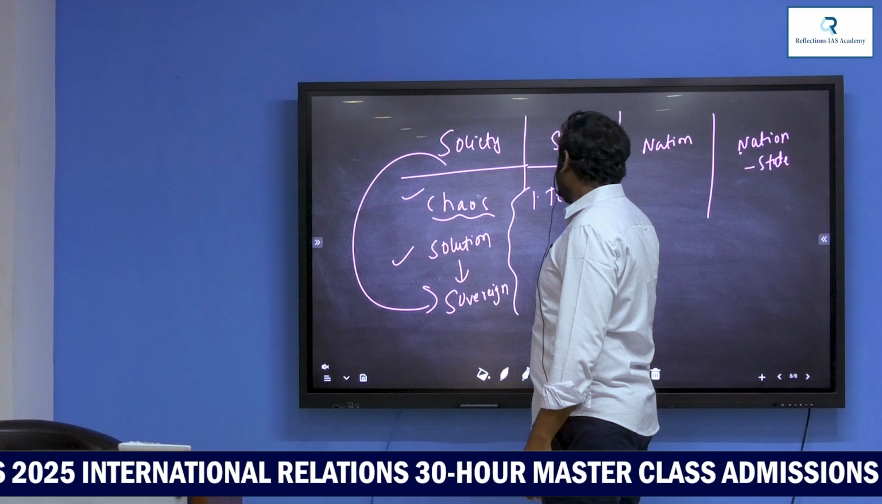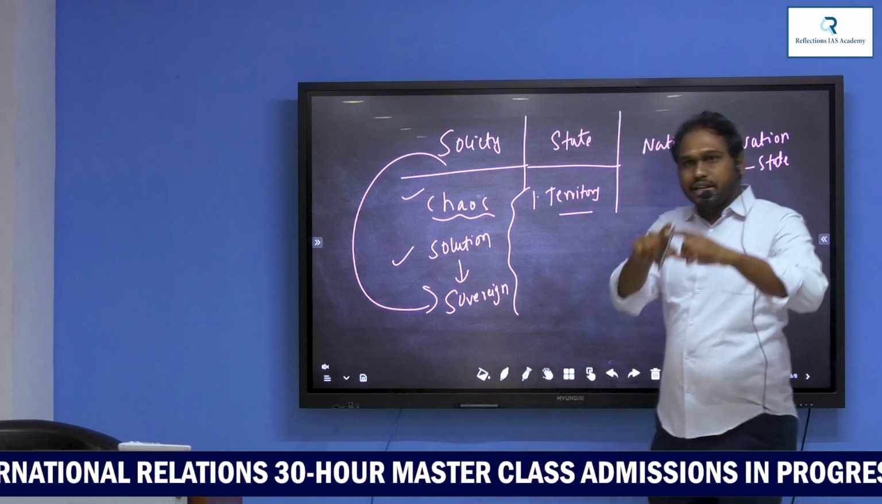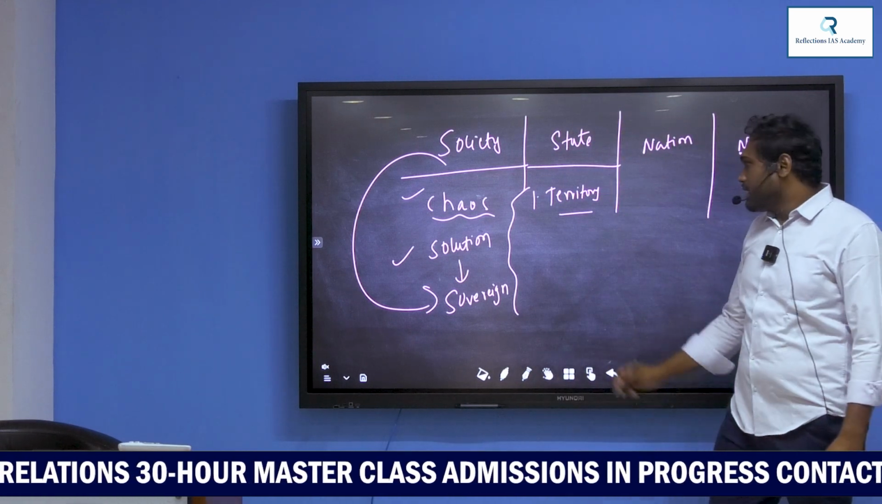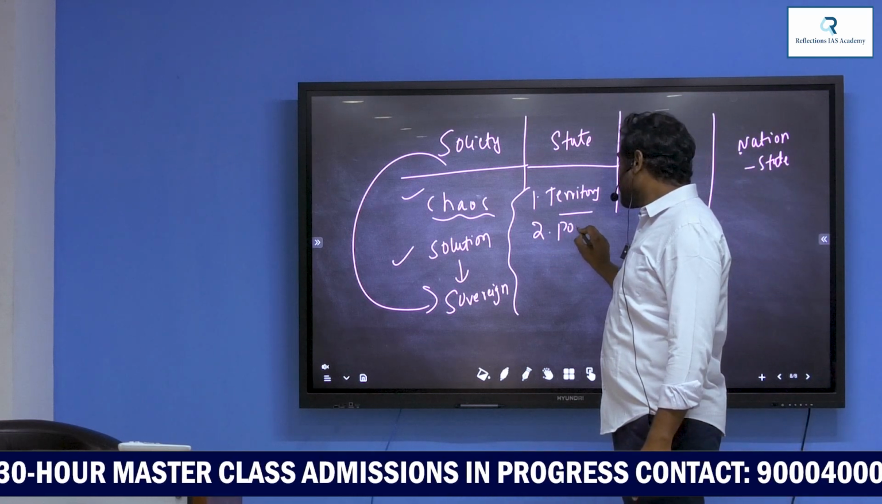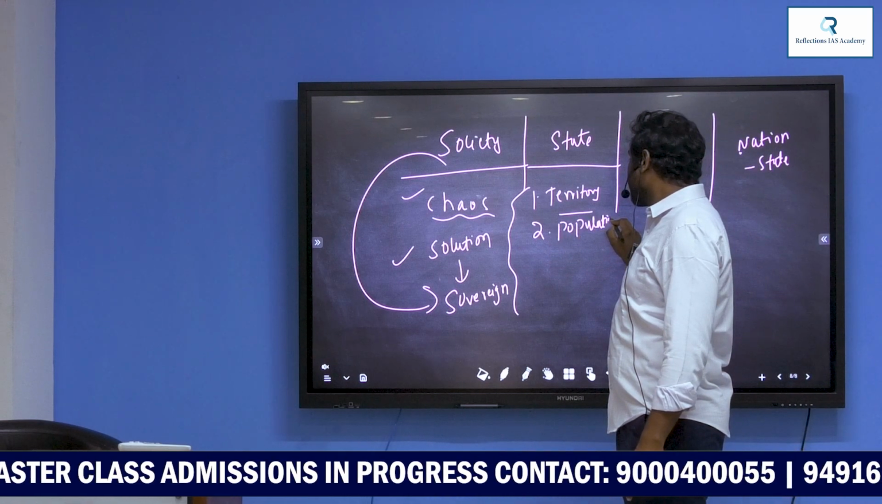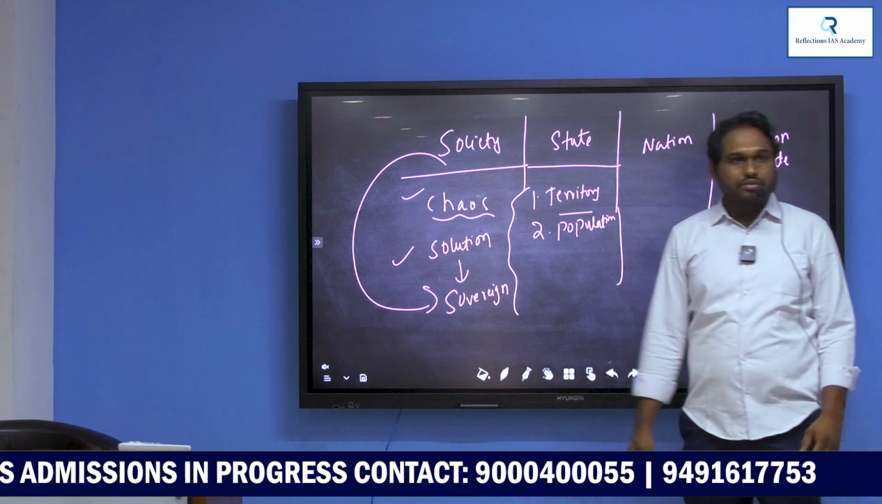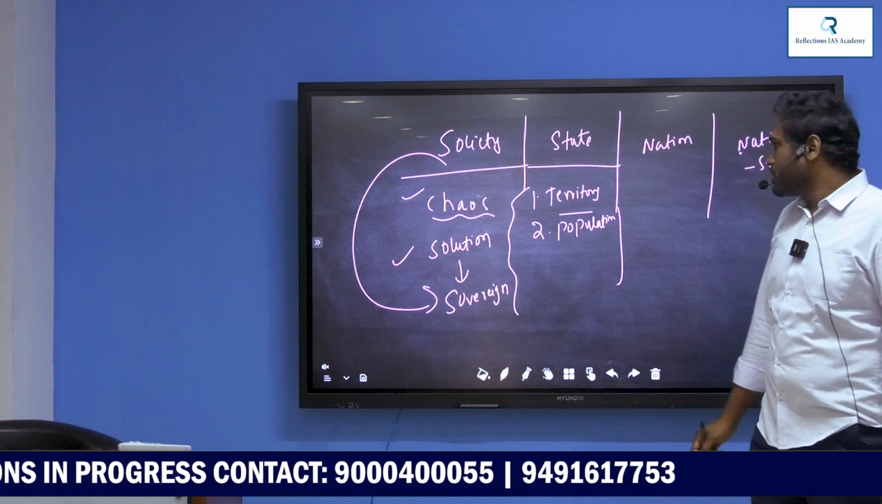Initially, we need to have one territory with boundaries. It has population also. The territory has population. Yes, without population, it becomes unnecessary for the state to be existing. The third element,